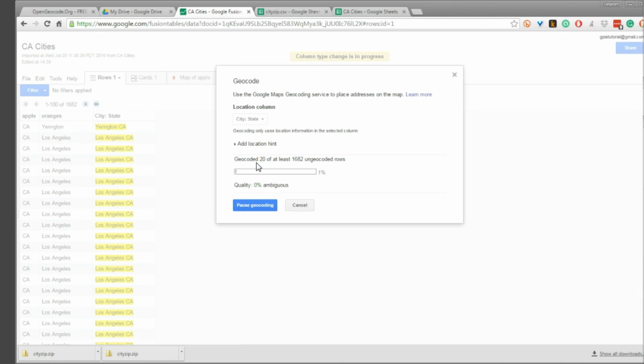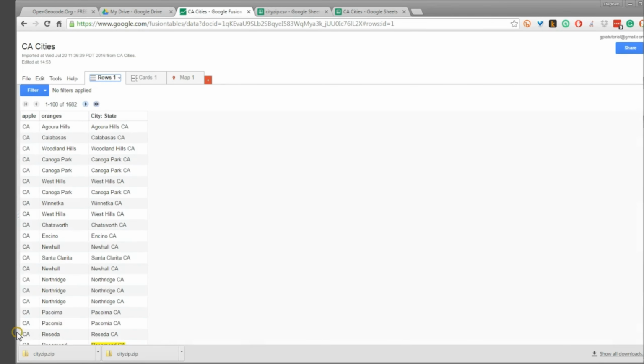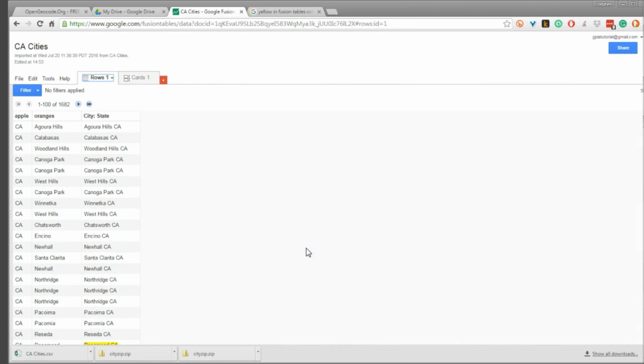And we can see it going through as it's geocoding. It's trying to get to 1,682 instances, so it's about 2% finished right now. This is going to take a while, probably about 5 minutes or so, so I'm going to go ahead and pause the video, and when we come back we should have a map of cities in California. Okay, so my geocode is completed at this point, and for the most part it found a pretty